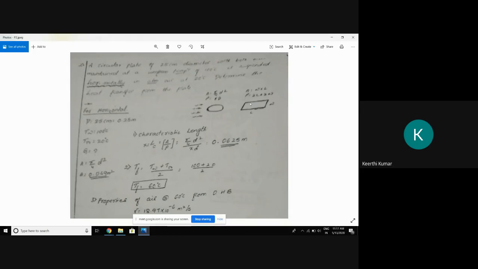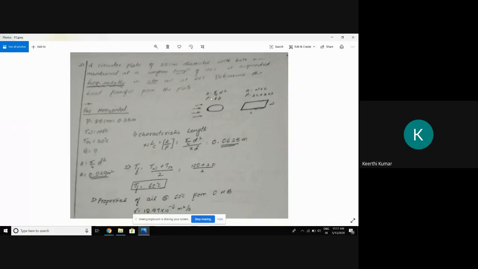Why I have drawn one more plate next to this is just to explain, if the plate is kept horizontal, what will be the value of area and perimeter, and what is the value of that L, as Gautam asked right now. So if this is the plate, you take the L as this. If it is kept vertical, you take the L as this W, depending upon the problem.